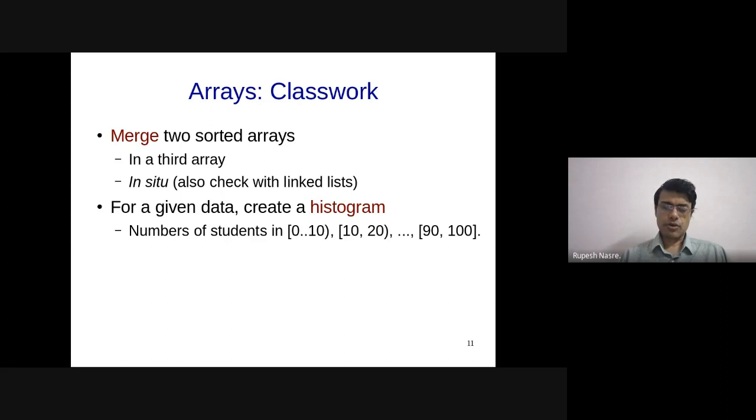Manichandra asks, is the data sorted? That's a good question. No, the data may not be sorted. Unless it is given in the problem, let's not assume anything about the data. If it is not given in the problem whether it is sorted or not, then essentially that means it is unsorted. But let me ask you in this manner: if you know that the data is sorted, can you do better than order n?